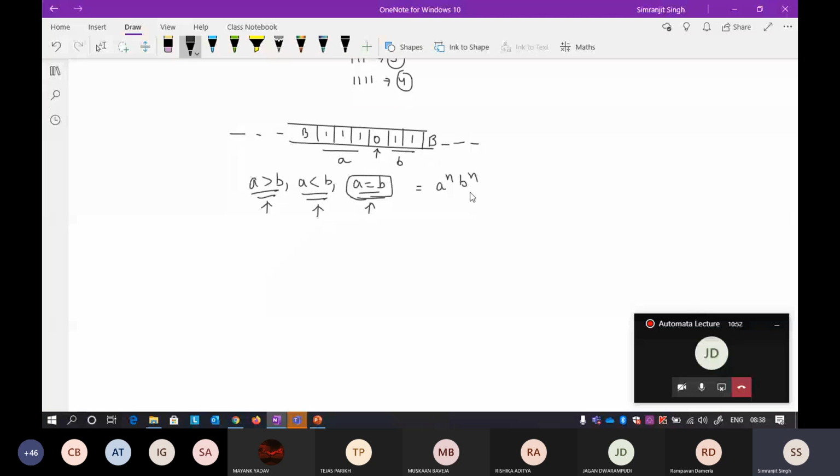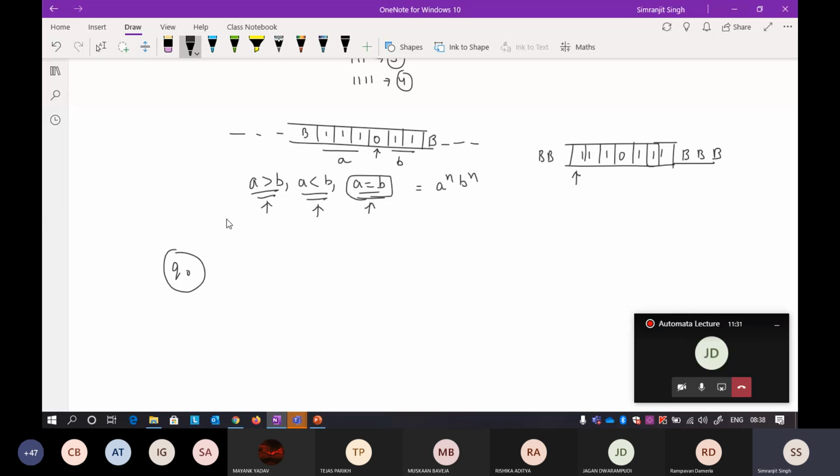For equal to, this mechanism will be simple. Suppose the equal to input will be like 1, 1, then 0, then 1, 1, 1. Whenever you are designing any Turing machine, it is always wise to take an input on the tape. That will be very beneficial to you. My starting symbol or my pointer is standing here. So at q naught, what can I do? To check that the input is equal, I can replace this with another symbol and move to the right.